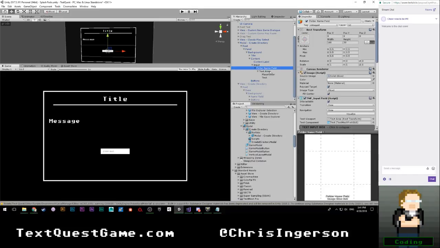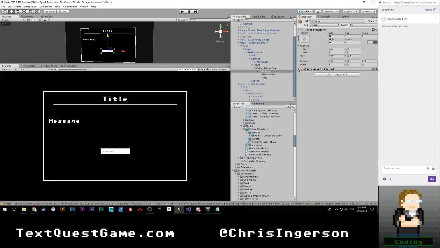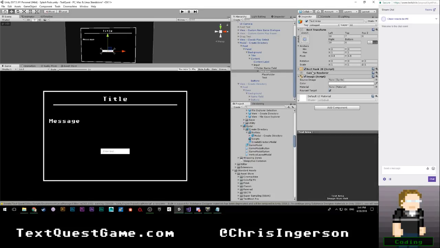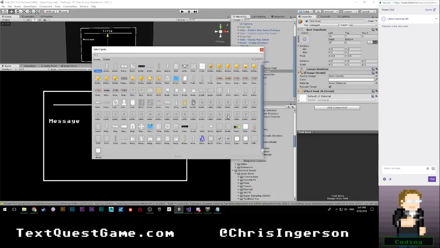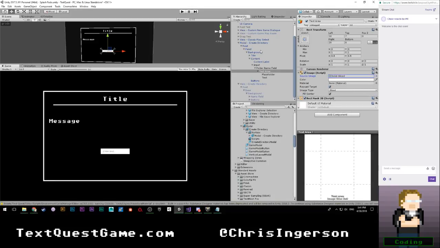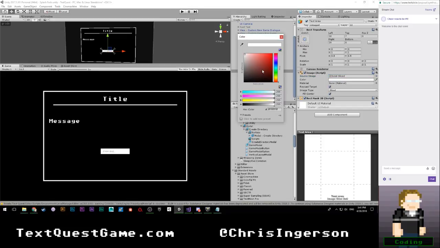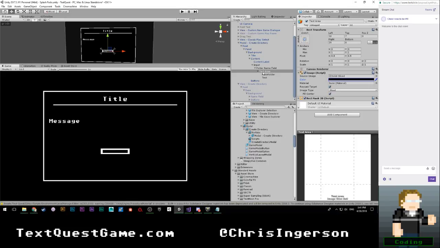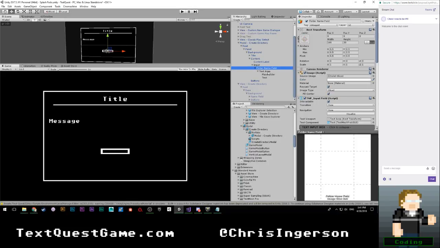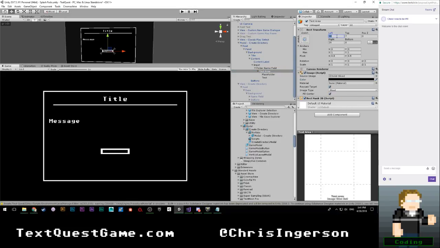Our next thing after the field is going to be a rect mask 2D, which will have an image. I actually wonder if this will do what I expect. I've not applied an image and a rect mask 2D on the same thing before, so I'm curious. Yeah, it seems to work. All right, go ahead and make that black, and we will have it stretch in 5, 5, 5, and 5,